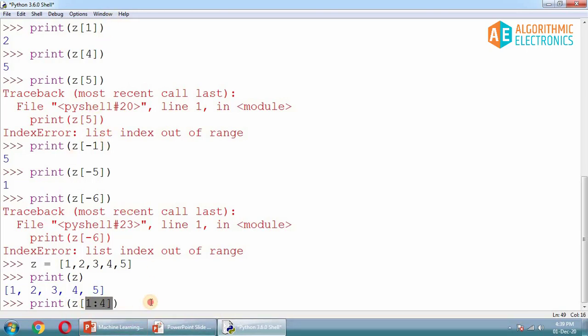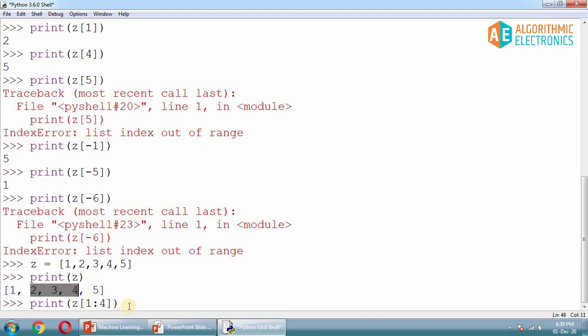We have studied this in the for loop as well, and also in terms of strings. The first index is included, but the second index is not included while printing. This starts from 0, and at index 1 there is 2, so it should print 2. Then index 2 is 3, so it will print 3. Index 3 is 4, and index 4 is 5, so it will not include 5. So it should print 2, 3 and 4 only.